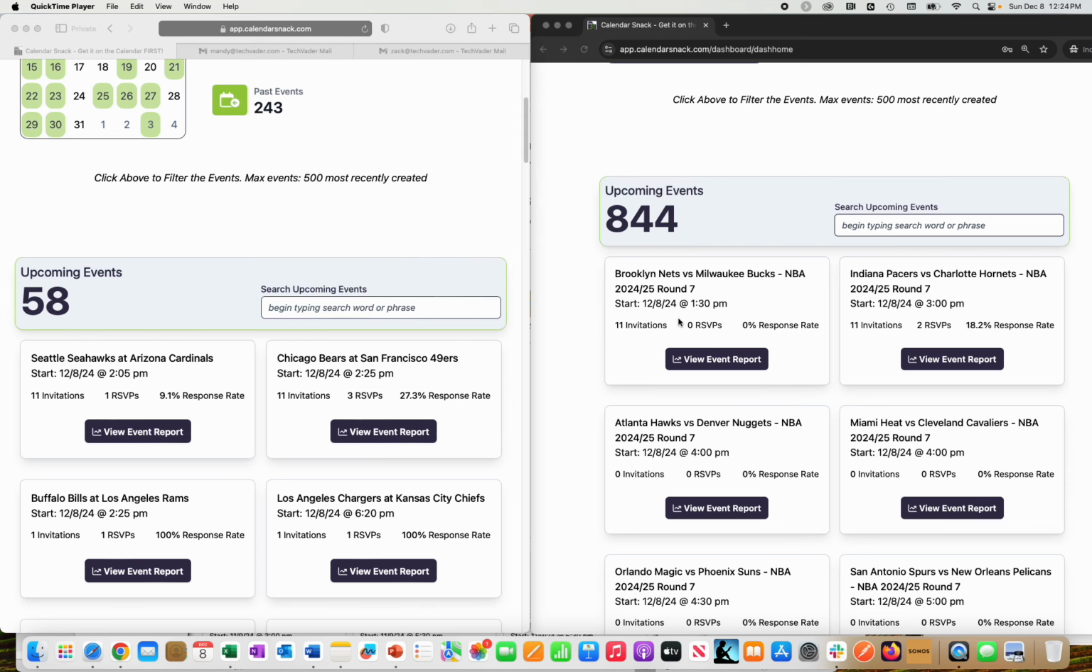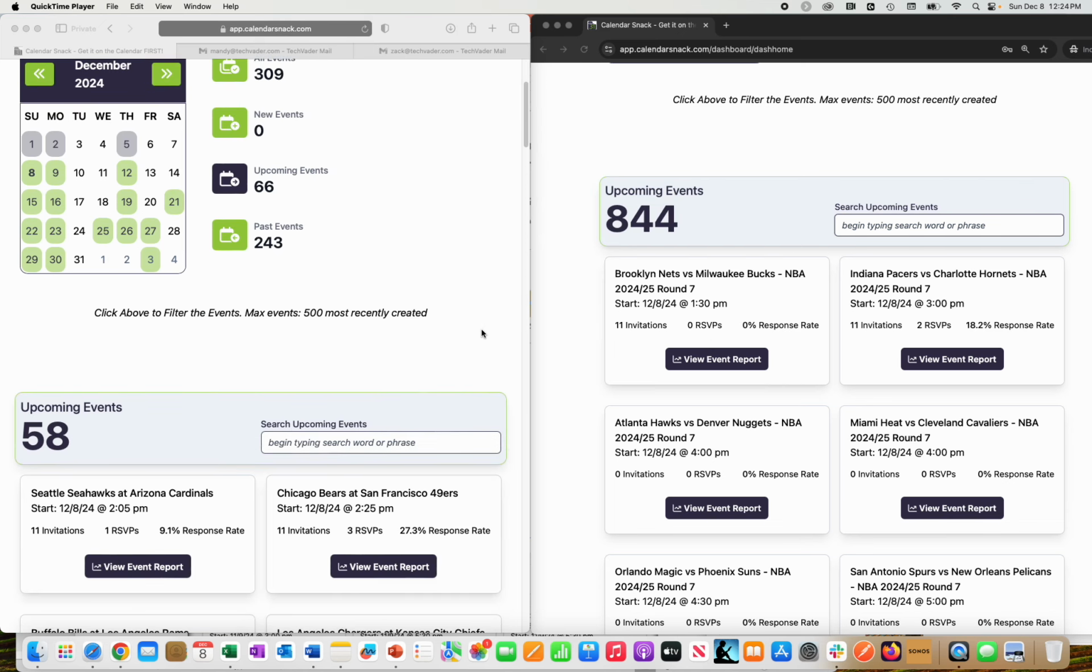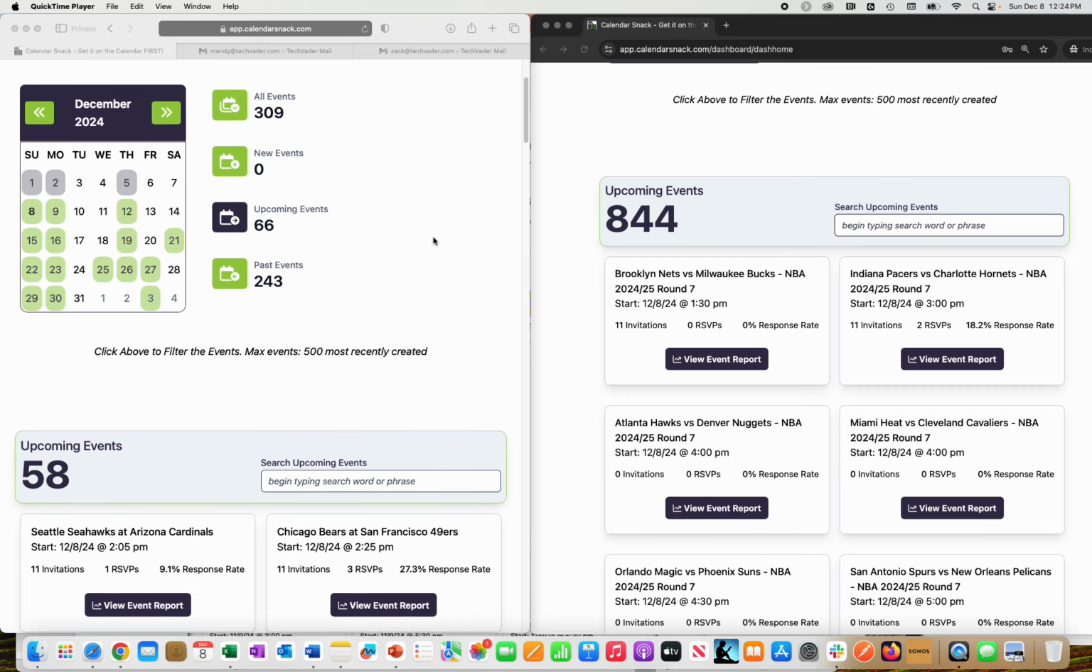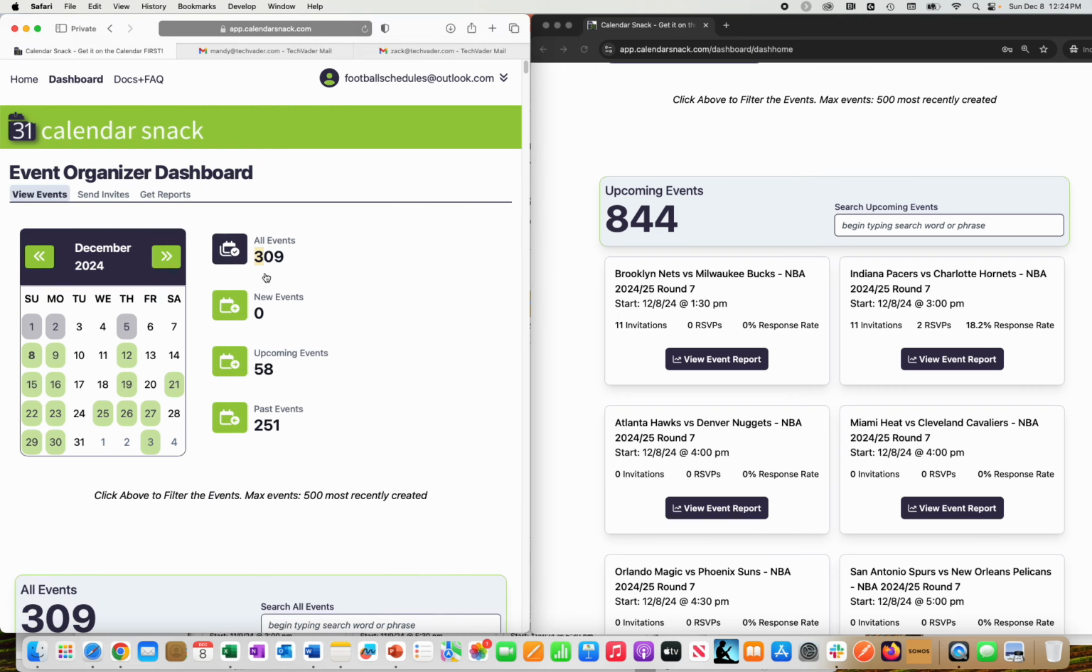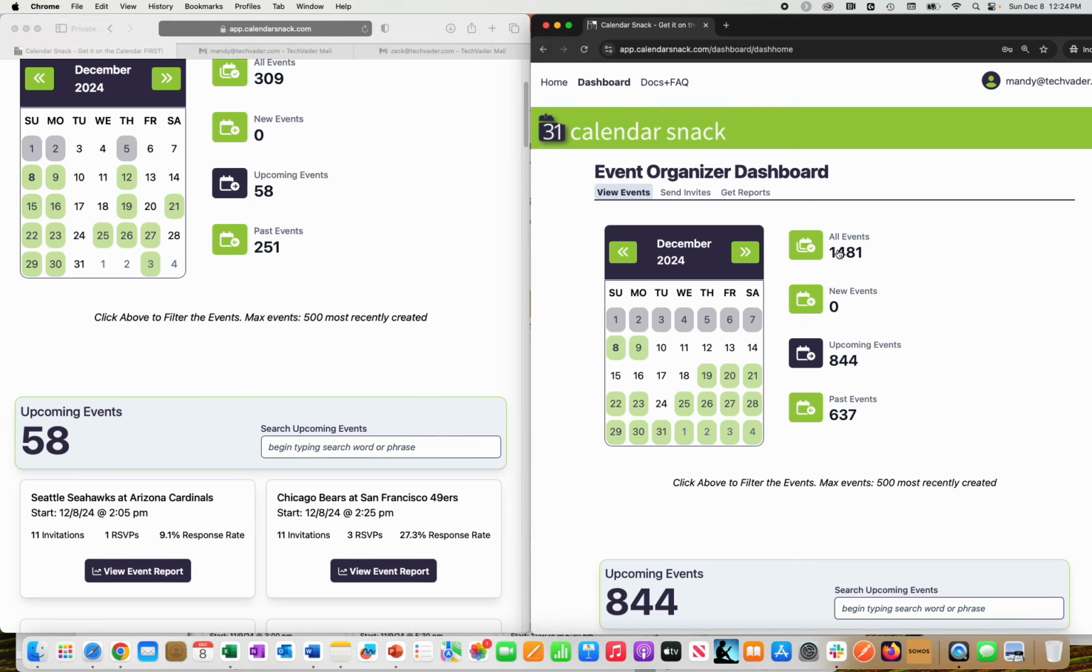By, you can see I have two different panels up here. The one on the left is for the NFL, and today is December 8th. So what I'm showing is the fact that at one point there were 309 events for the NFL for games in the year 2025. And when we look at upcoming, there are 58. Now, when I go over this panel here, you'll see that there were